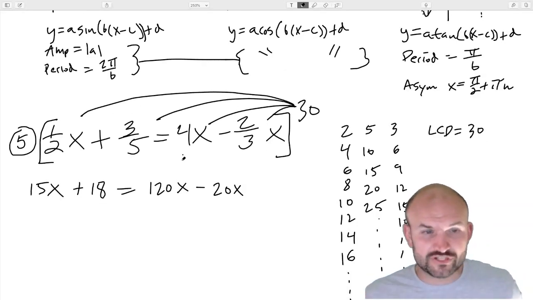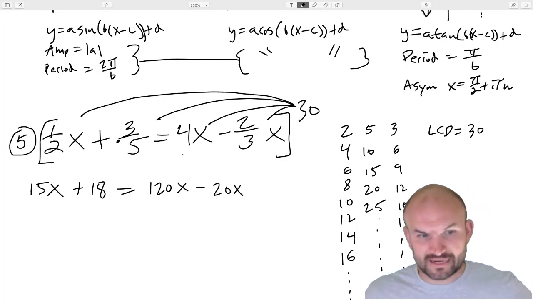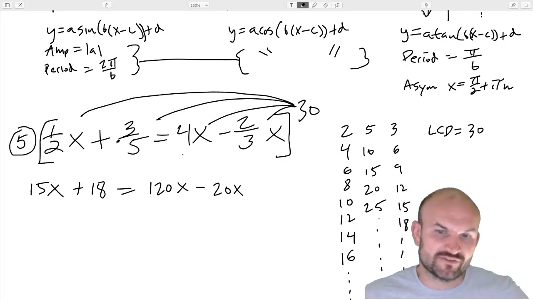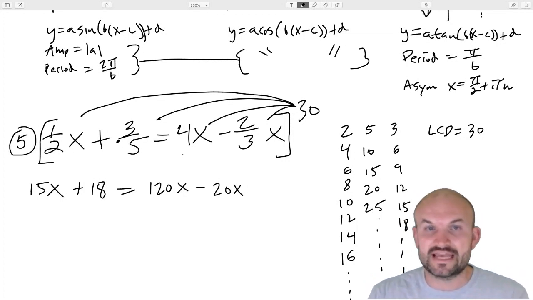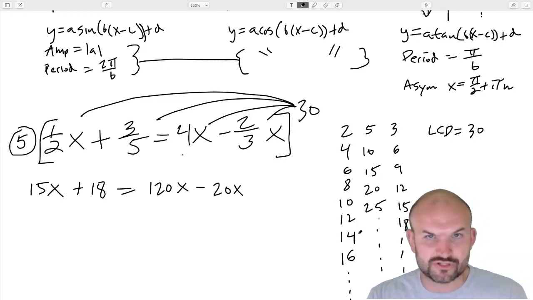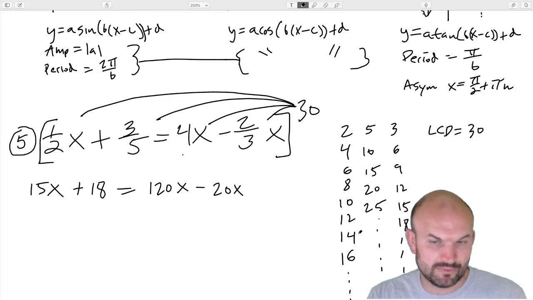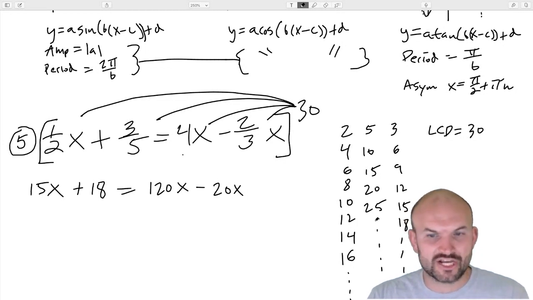So what I was doing here was that this problem had way too many fractions. And so what I needed to do is eliminate the fractions. How am I going to eliminate the fractions? I wanted to find the LCD, or the LCM, of my denominators. So I listed out the multiples of each denominator, trying to find the smallest number that they all shared in common. That would be our least common multiple. And I couldn't find one. And obviously you could keep going on and on.